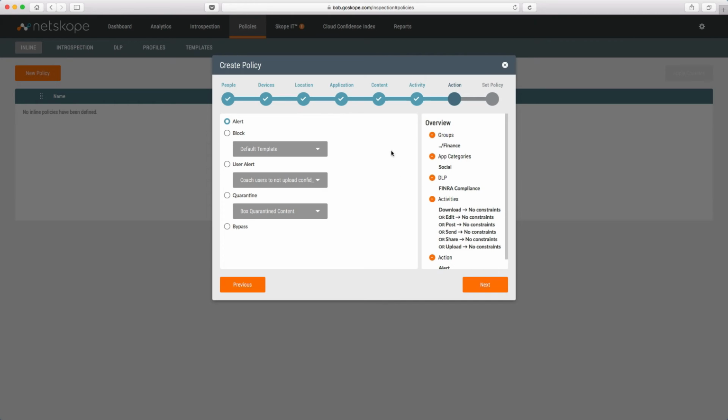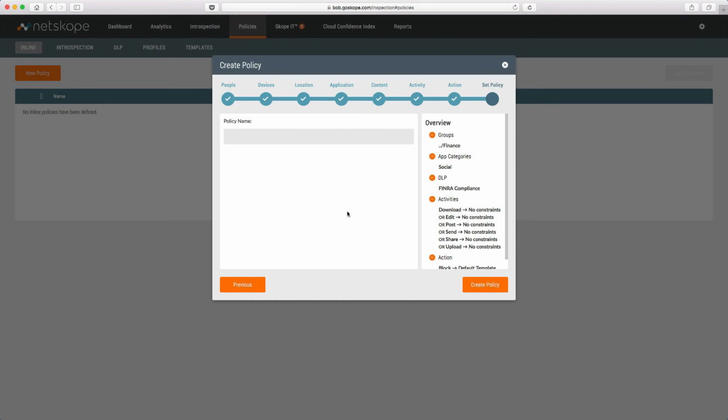And then finally, the activity that we're going to take, or the action we're going to take, we can alert, we can block. We have a number of actions. We're going to go ahead and specify block as the activity. So again, we built out our policy. We're going to look for that DLP rule for all social media applications, and we're going to block that activity. And ideally,